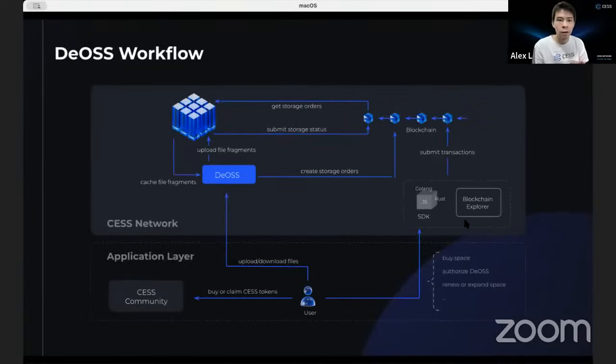So before I showcase the DOSS REST API, I would like to show you guys the workflow of DOSS. We can break down the workflow into 3 key steps. First is depositing CESS tokens, then purchasing some space and authorizing the gateway, and lastly performing the upload and